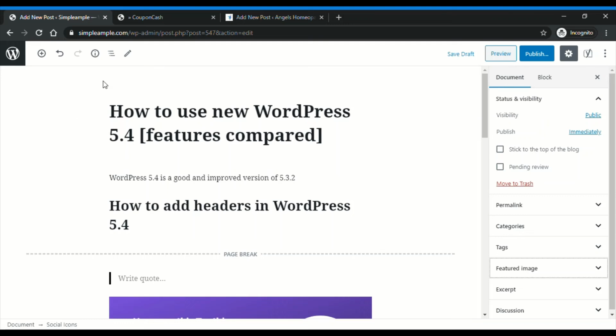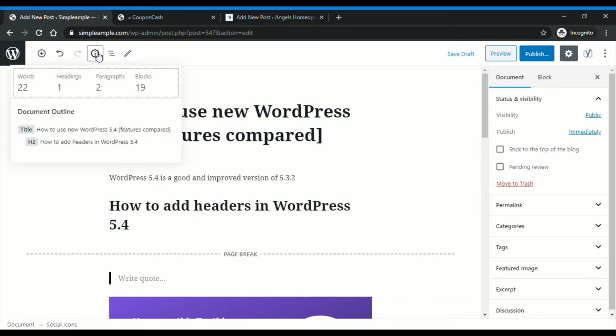And yeah, don't forget to click on this one because this is a wonderful feature. Sorry, I forgot to mention it actually. This is a content structure icon. Click on this. What you will see is it will show you exactly how many words your post has got and how many headings, paragraphs, and blocks it has got. So it will show you the numbers,